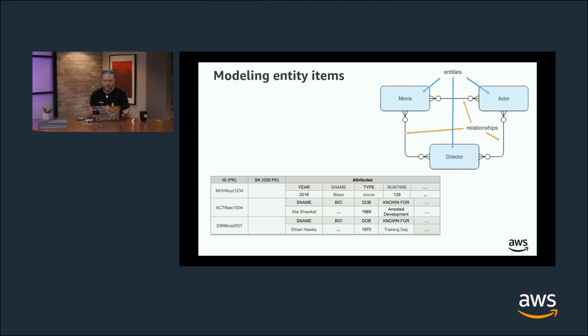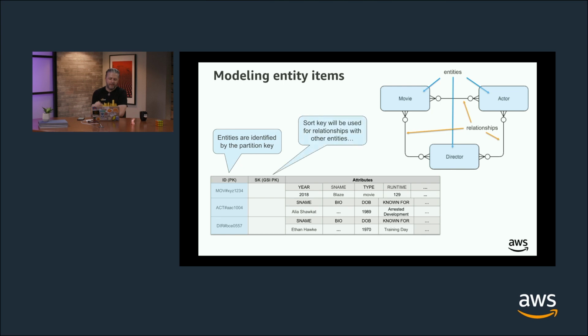One of the things we need to think about is each entity. What data does it have? What properties does it have that we want to show in a view for that entity? The other thing we need to think about is the partition key. In our case, this partition key will uniquely identify each entity, even though we have a sort key. The sort key is really reserved to model relationships with other entities. So in this case, we're using a unique identifier for these